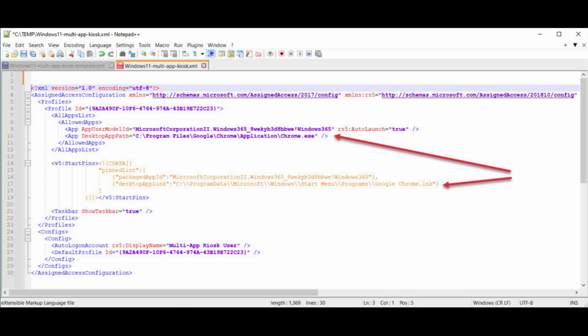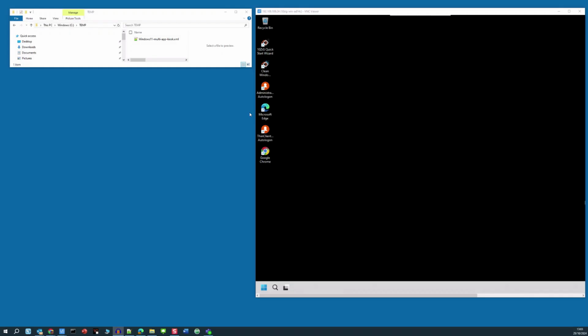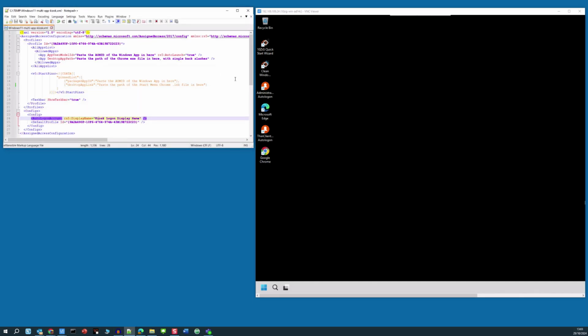To create or edit your XML file, you can use any text editor for this. I'm going to use Notepad++ to open an XML file that I created earlier, called Windows 11 multi-app kiosk.xml. Before we start to build in the necessary elements for our multi-app kiosk that we'll extract from our Tenzig device, we'll briefly take you through some of the content within this template XML file and explain what certain tags, elements,